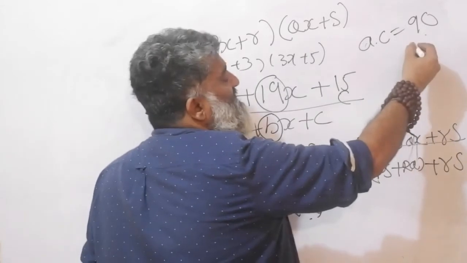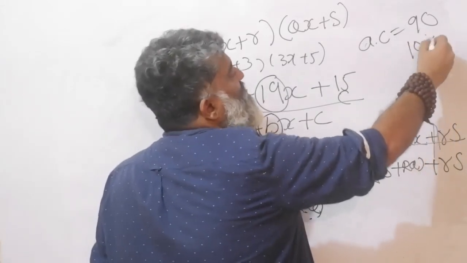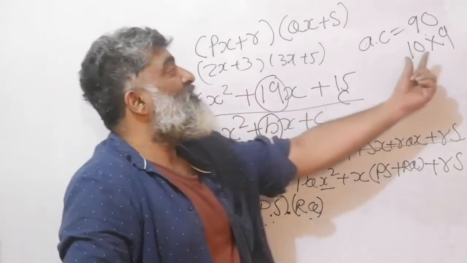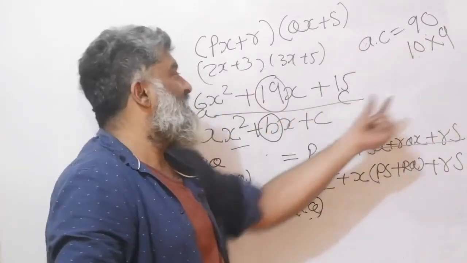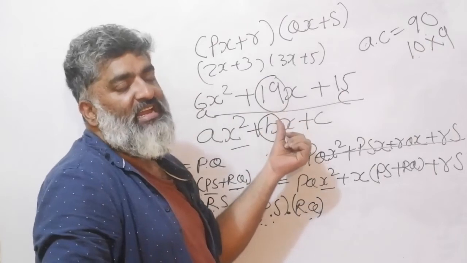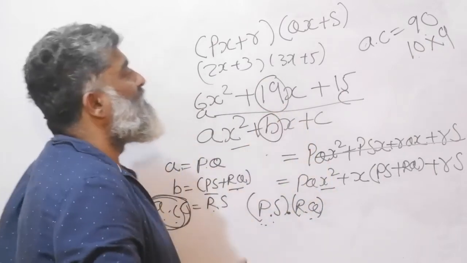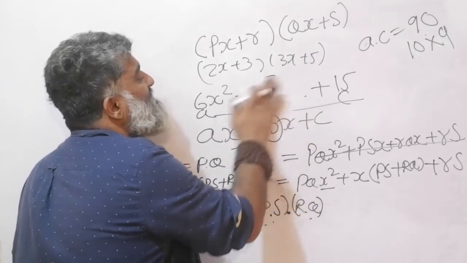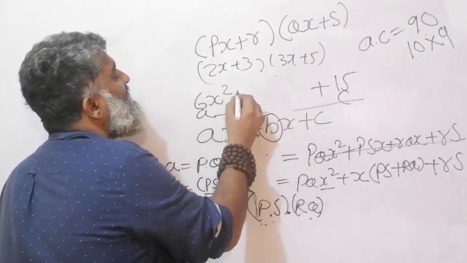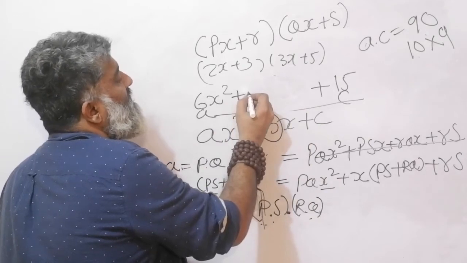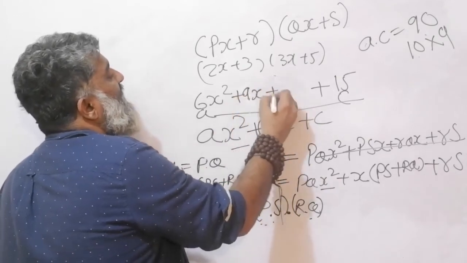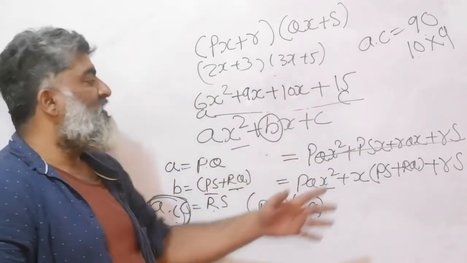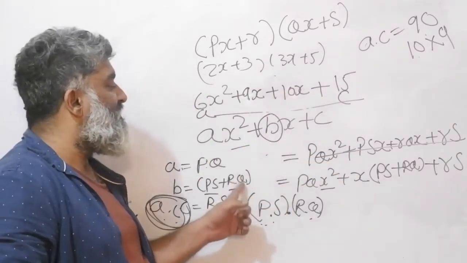I will make a couple of mistakes, but let me straight away jump into numbers which are useful, because first I want to be clear with the story. So I noticed 10 into 9 is a 90 and a 10 plus 9 is 19. So this story is working out for me. What I want to do now is split this 19x and instead of 19x write it as a 9x and a 10x.